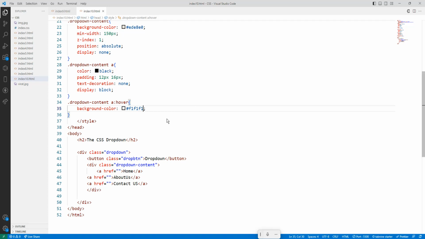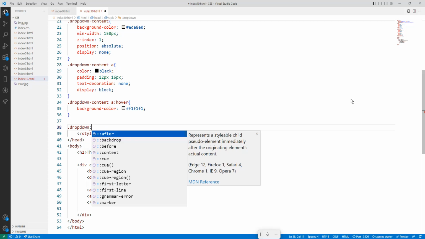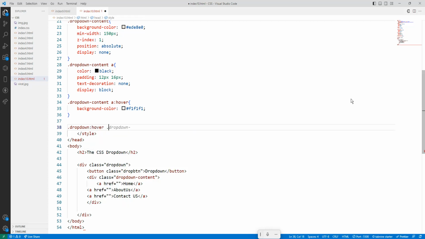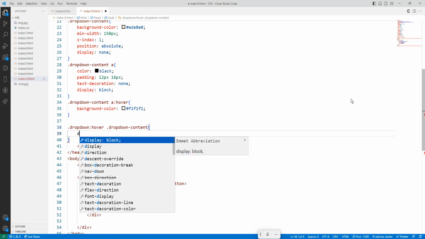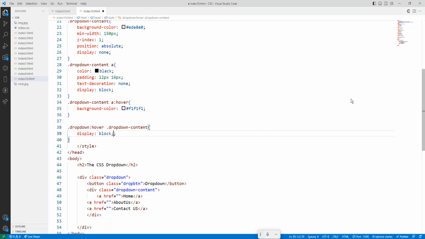Okay, the next is .dropdown:hover .dropdown-content { display: block }. Okay,